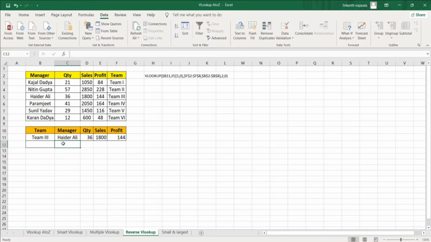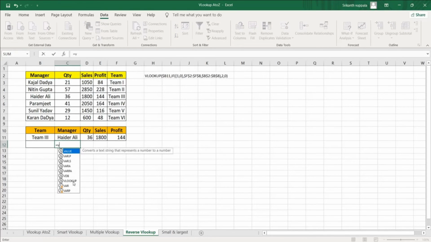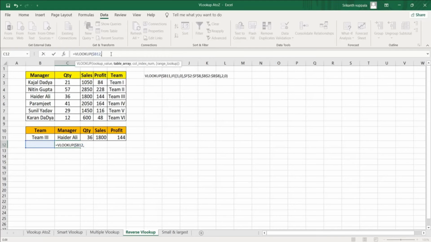Is equal to VLOOKUP. I want to look up this value, comma, let me lock the cell, function F4 three times. I'm using the IF condition here, open curly brackets, comma. So I have to look up this B12 from this range, right?